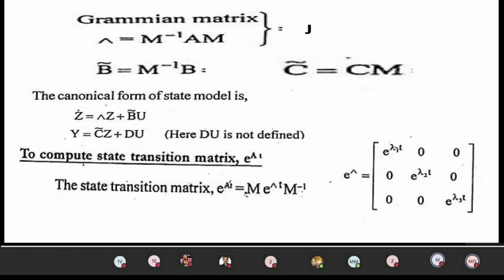These are the important formulas which will be used for determining the controllability and observability and also the canonical state model. This is the procedure. M is the modal matrix, which can be obtained by two methods. One is by using the Vandermonde matrix, which is 1 1 1, lambda 1 lambda 2 lambda 3, lambda 1 squared lambda 2 squared lambda 3 squared. So this will be M. M inverse will be the cofactor of M divided by the determinant of M. These are the important formulas used to solve problems of controllability and observability in Gilbert's and Kalman's tests.